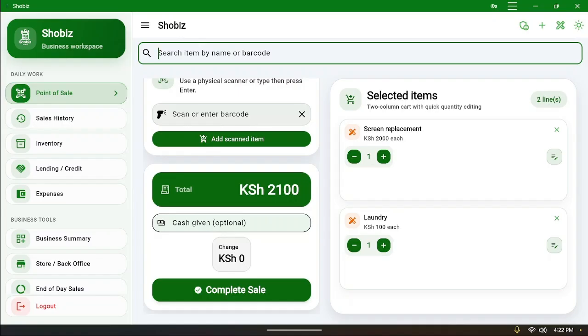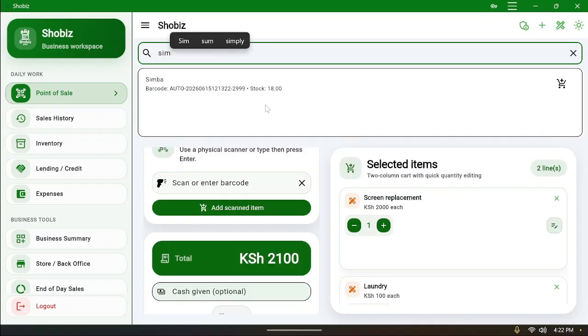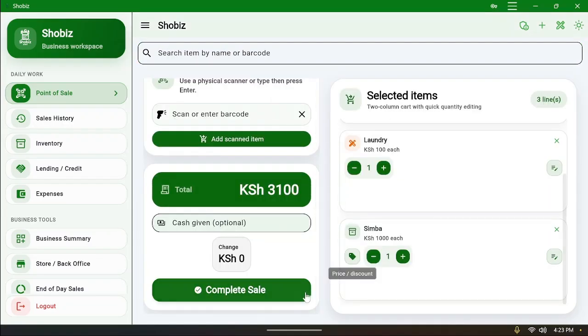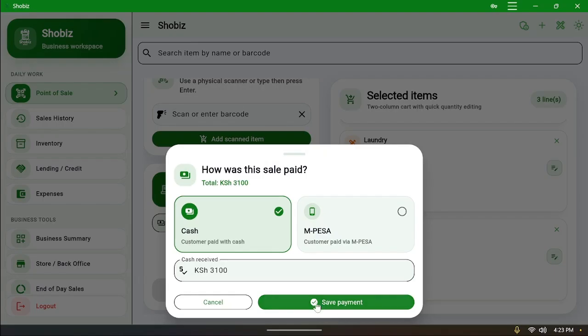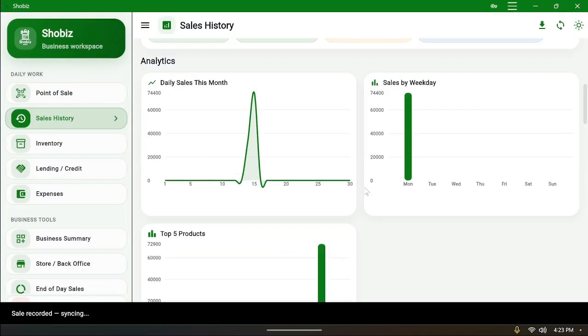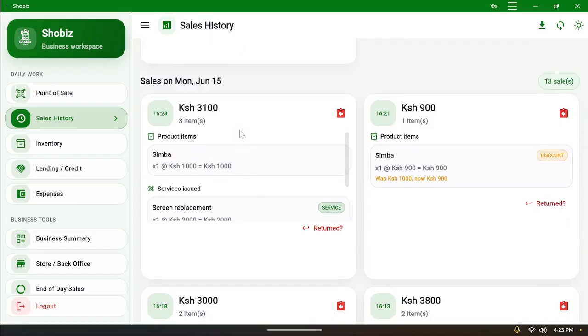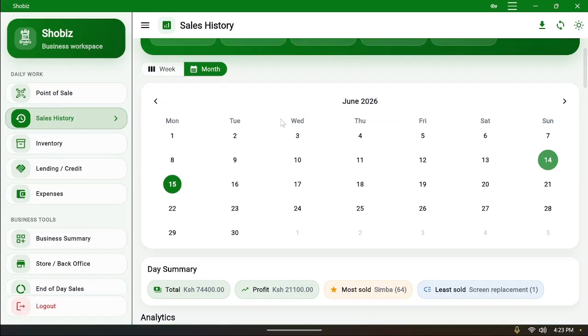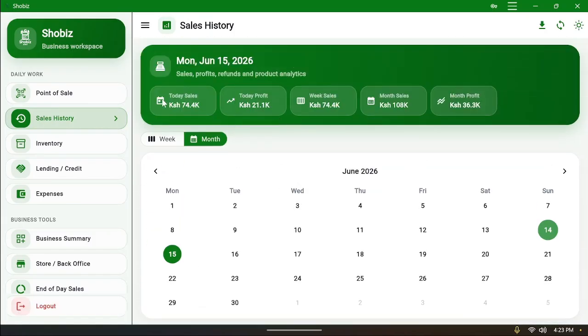What cement, that was Simba something, we can add like that. And then you can always settle them all at once. Okay, if they paid cash, and then on your history there, you'll also be able to see the full list. All right, and then you get the full summary. Today we've made this total amount of sales, this was our profit, this was our weekly sales, monthly sales,